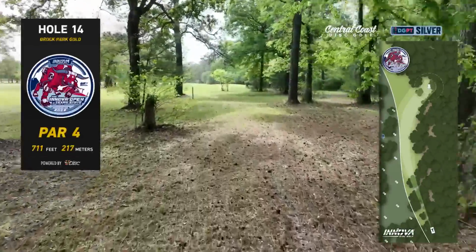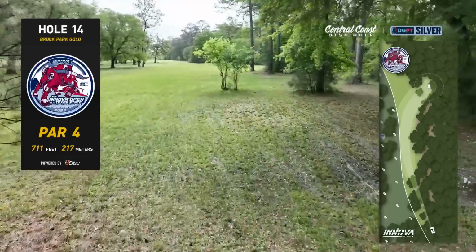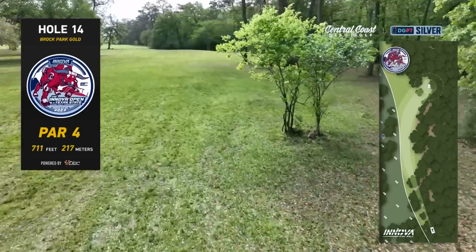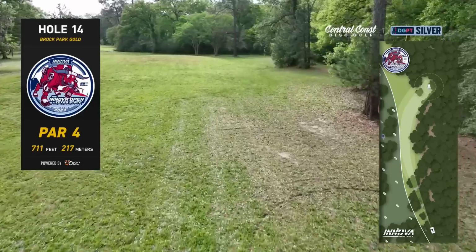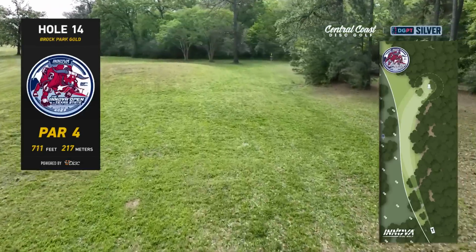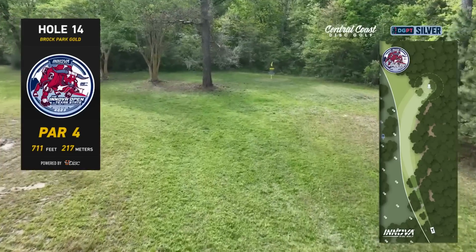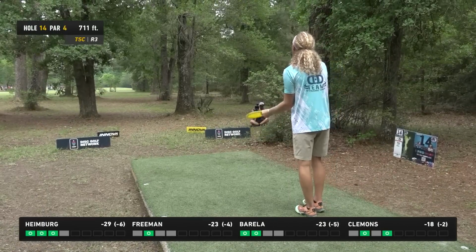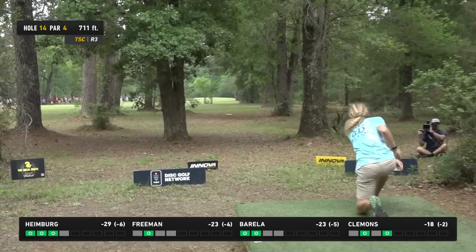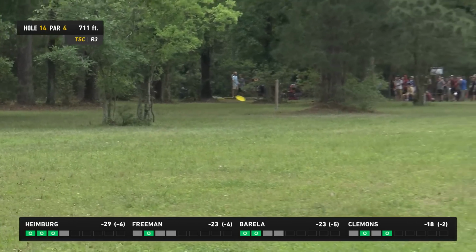All right, another hole where they're really asking the players to get the disc up to speed on a low line drive. There's one kind of tree that seems to be in the way. You kind of want to either hyzer in front of it or continue to shape the disc to the right. Get out here into the open. And then you have one pine to deal with as you approach this green, moving from left to right, and you need a little speed control as you come into this green because the rough behind the basket is so thick. And that's the tree you want to miss, and he